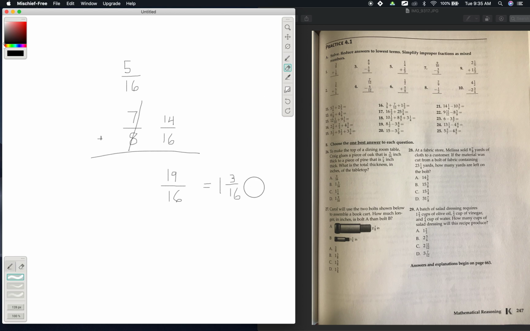Okay, let us do number 27. Carol will use the 2 bolts shown below to assemble a book cart. How much longer in inches is bolt A than bolt B? Okay, so when you're trying to find the difference between two numbers, you have to subtract. So we'll subtract the little number from the bigger number. So the bigger number is 2 and 7/8. The little number is 1